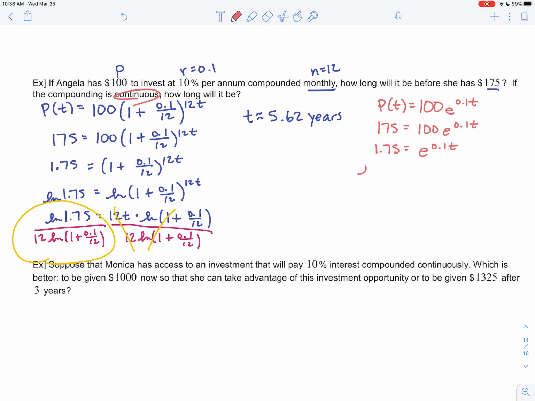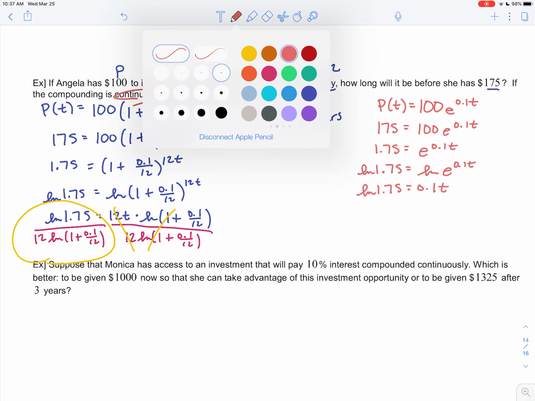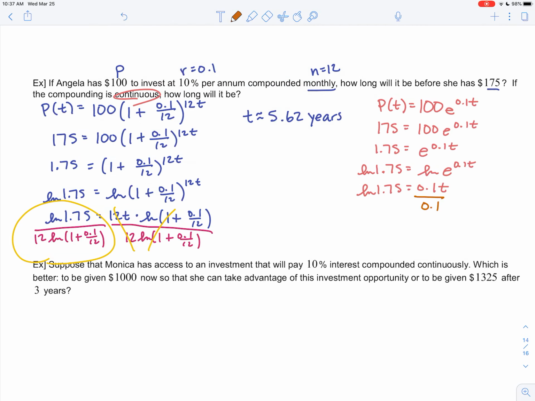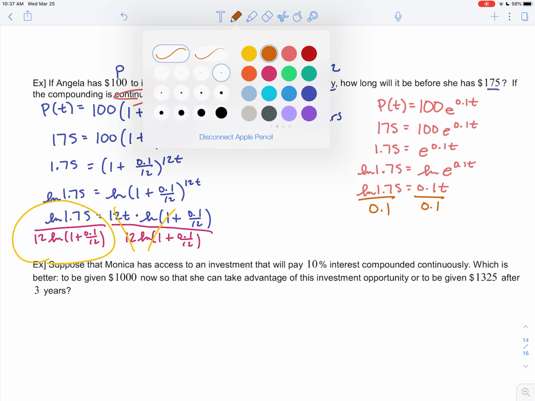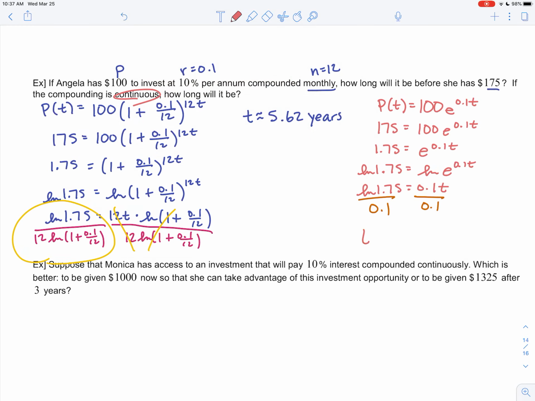Now we can use the natural log on both sides. Natural log of 1.75 equals the natural log of e to 0.1t. The whole point of using natural log is that it cancels with your base e here. And then we can just divide both sides by 0.1. And we'll go ahead and put this in the calculator to get an approximation. So this will take about 5.60 years. So slightly less time